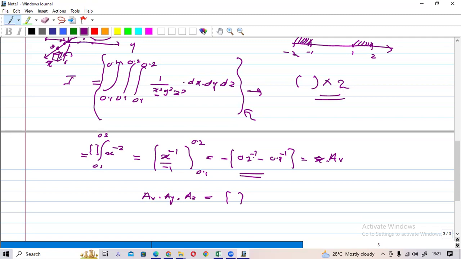Can you tell me? 0.2 minus 0.1. If you get this minus, then you will have